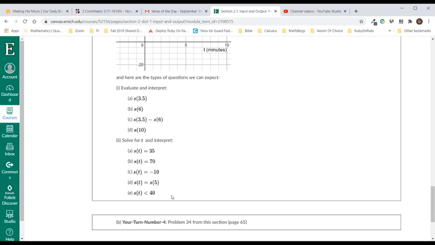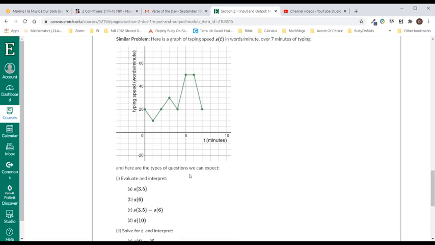Now when I look at the last one, this is asking us for all times where the typist rate is slower than 40 words per minute. So I go over here, and there's plenty of times when the typist is typing slower than 40 words per minute. Starts at 20, goes down, goes up, goes down. And let's see here, at 40 words per minute,